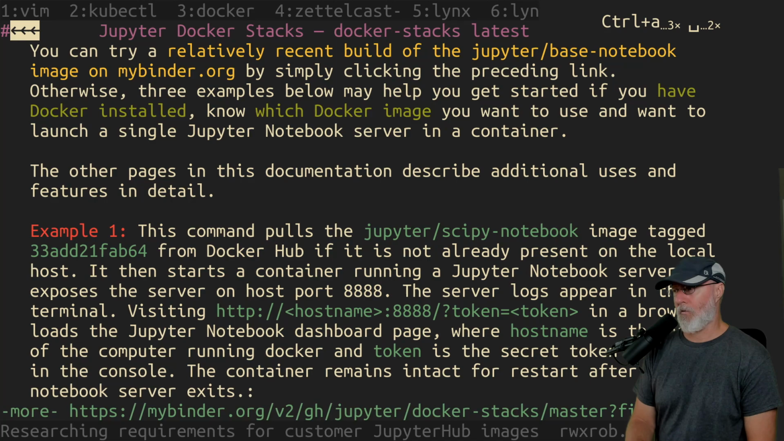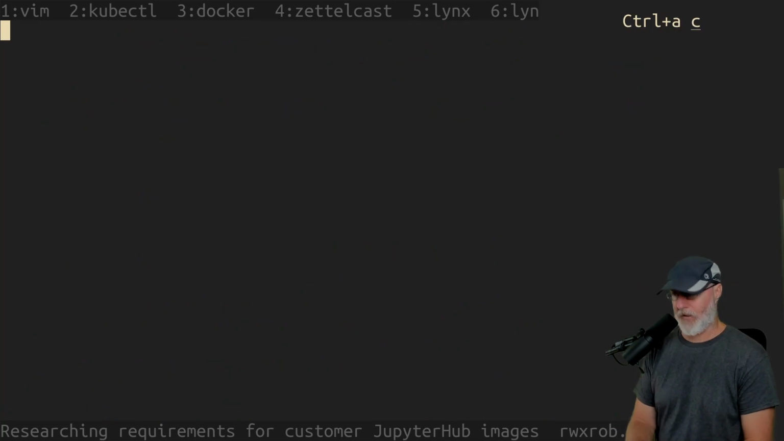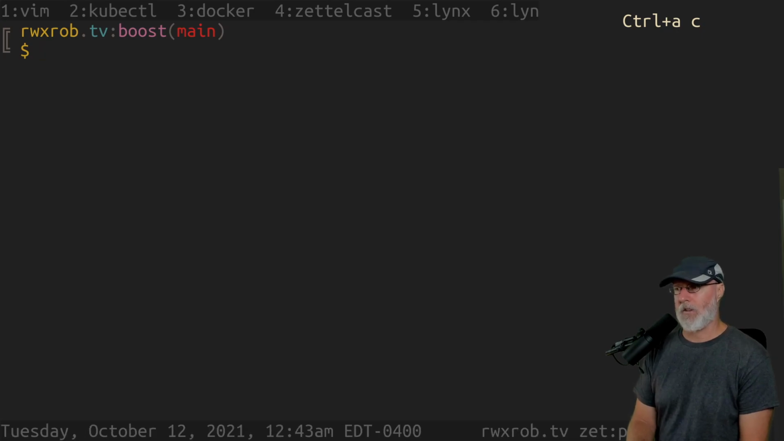You can try a relatively recent build of Jupyter-based notebook. So let's go ahead and get our JupyterHub environment set up so we can start practicing all this. So first things first,